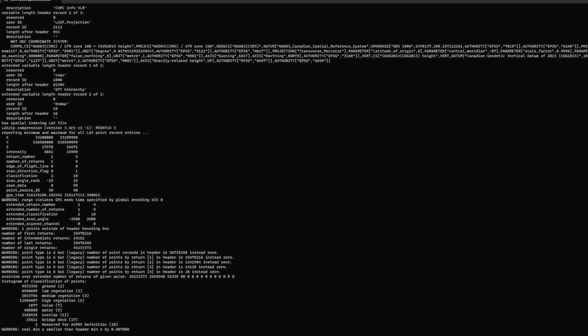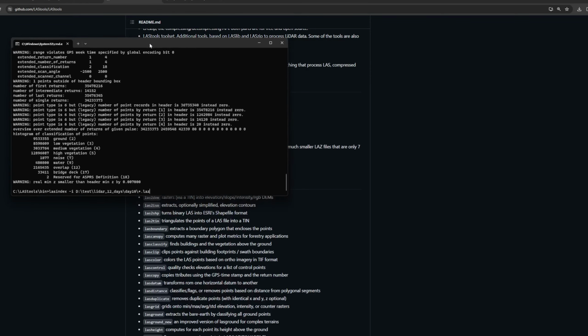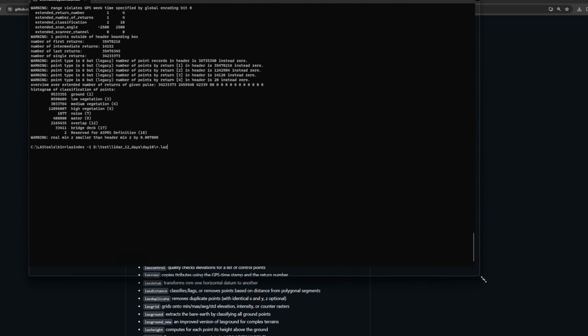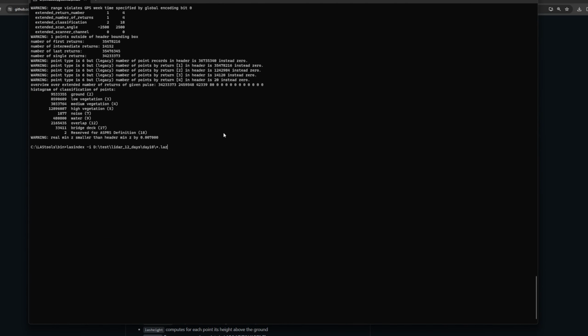The next thing I'm going to generate, just to show you again the syntax, is LASindex. So this is going to generate a small file that acts as a lookup file, and things like R will leverage that. So the syntax here is quite simple. I'm not generating any weird outputs here, so all I'm asking you to do is to use the LASindex function. Oh, and I realize now that you can't see that line of code, so let me just pull this up somewhere you can see. There you go.